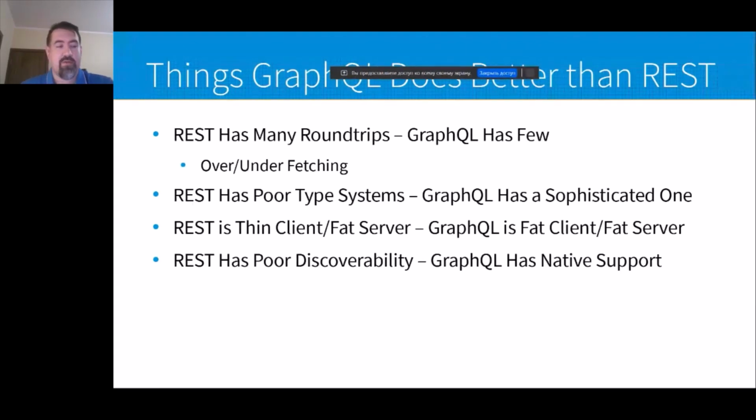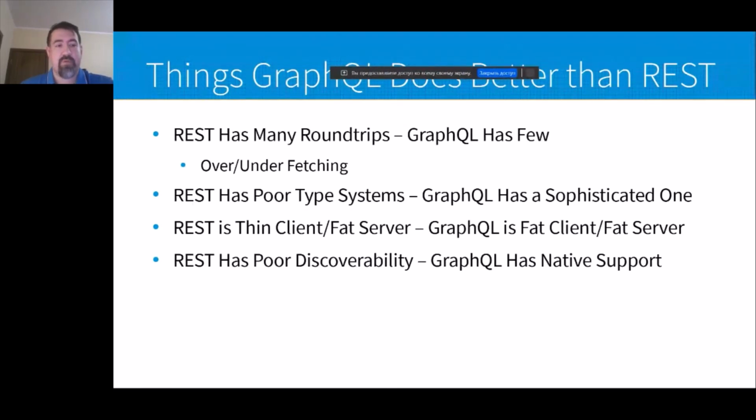This is very typical for these systems. Instead, GraphQL offers a single endpoint, and you may run multiple queries at once in the same endpoint.